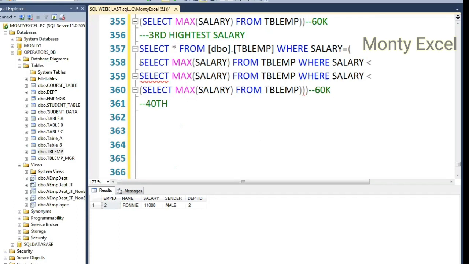We need to keep checking the first maximum. After that, what is the maximum? After that, what is the maximum? Then display the complete information, which is quite impossible. Now, I want to use the other alternative where I can find the salary very quickly without taking the query to this level. That means I want to find the nth salary, whatever it is, because somebody may ask for the third,